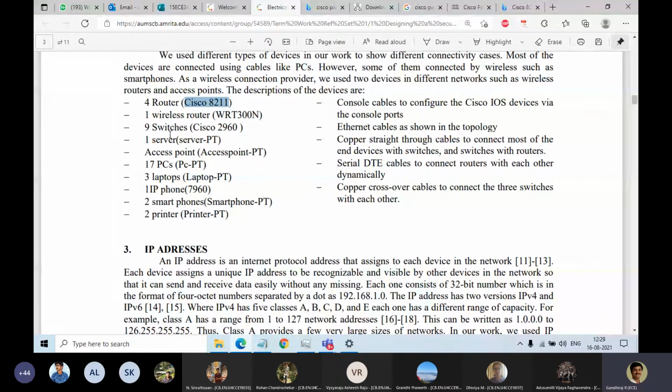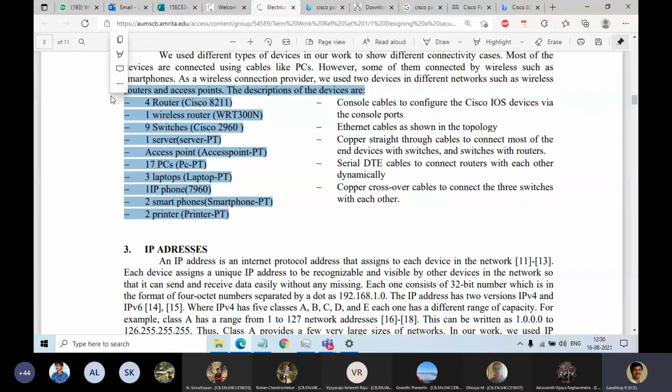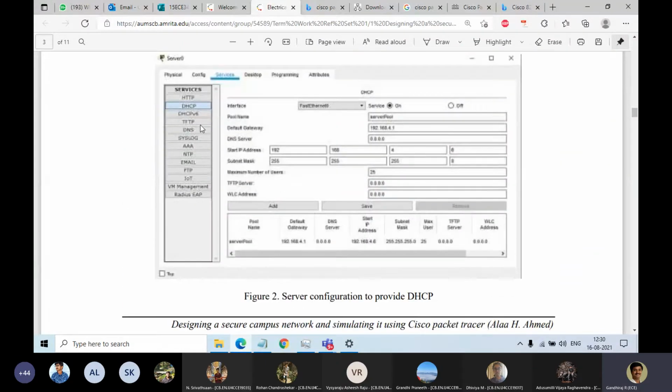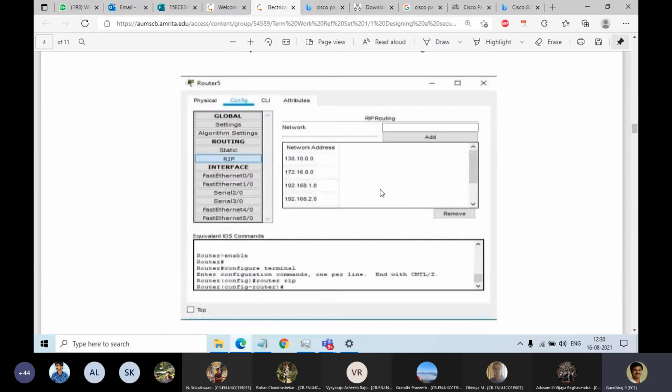Okay, there is one wireless router, 9 switches, 1 server, an access point, and 17 PCs. So these many things they have used. If you come to our college campus, these many devices are there. By coming across this particular article, everybody will come to know that these many devices are needed to make a successful network connection. This is called a server. How to configure the server? Look at what the interface means, what interface is used, the server address, IP address, and DNS server. Please look into that. We will be discussing it theoretically through the PPT which was prepared, and from that we will understand.